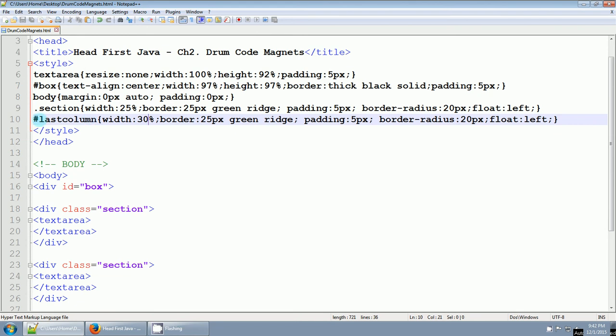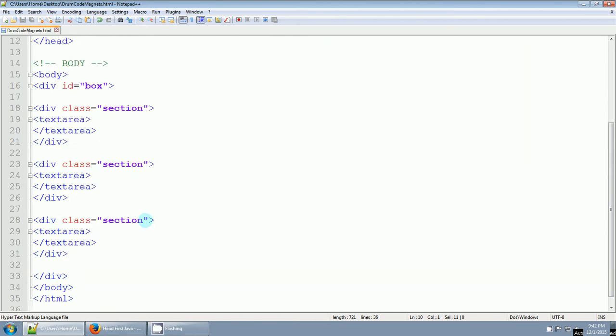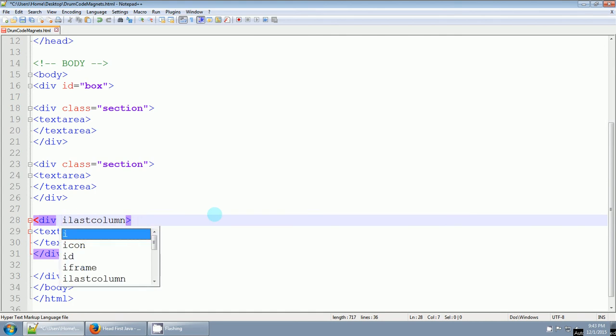Oh, you know why? Because I didn't change that. I have to change it to ID last column. So I'm going to copy that name right there, and instead of class section right here, I'm going to paste that, and instead of the pound symbol, I'm going to use the word ID equals, and then I'm going to put the name last column in double quotes. Okay, now I've correctly